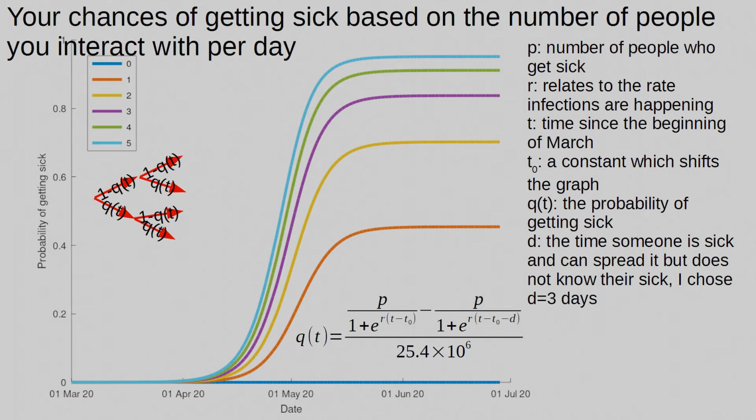You don't know, and they don't know that they're sick or will give it to you, so it can be seen as though it's just random whether or not that particular person is sick and whether or not they'll give it to you. After I've got that probability, I then form up a tree diagram where I've got all of my possibilities, just like a coin flip. So I've got on one side the probability of not getting sick, and on the other side the probability of getting sick.